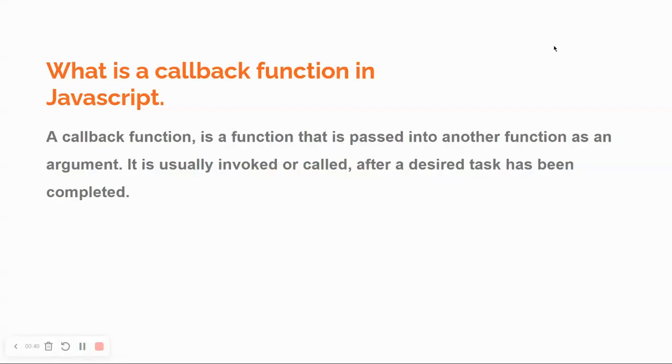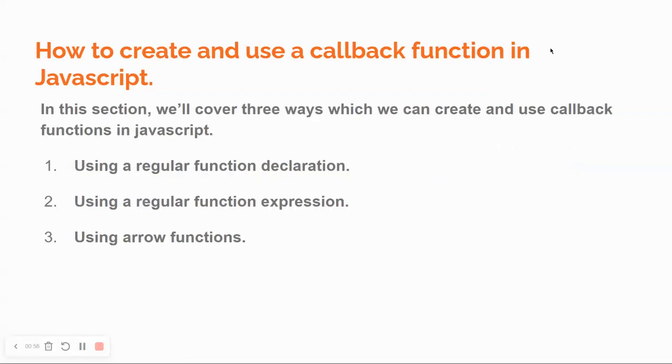A callback function is a function that is passed as an argument into another function. It is passed as an argument into another function and it is usually invoked or called after a desired task has been completed. Right. So I'm going to show you guys three different ways which you can create and